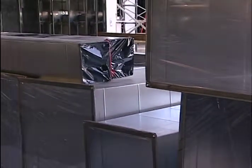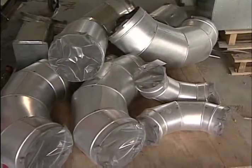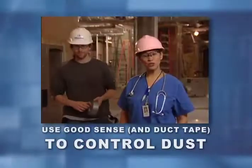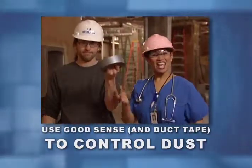Make sure the open ends are covered and don't poke holes in the plastic. Keep ducts out of dirt, mud, or water. And last, make sure there is not water sitting on top of the ducts after they are installed. In the end, the two most important tools for infection control are this and this. That brings us to